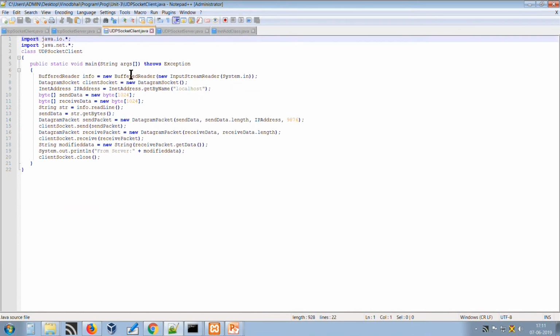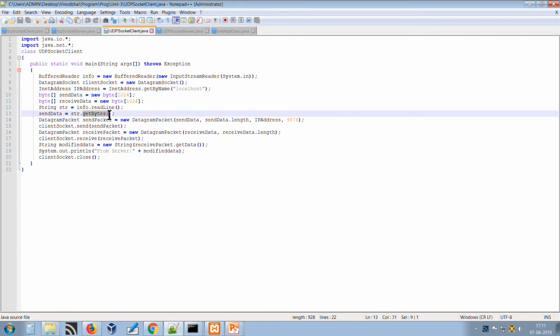In the same way, in a UDP environment, as I told you, when we are talking about UDP protocol, we will use a datagram socket class and datagram packet. The datagram socket is a class which allows us to establish connections with the server, and datagram packet is simply a container of data which will contain the data, and the socket will send it to the client and server. This is all about datagram packet. Here we are creating this class.